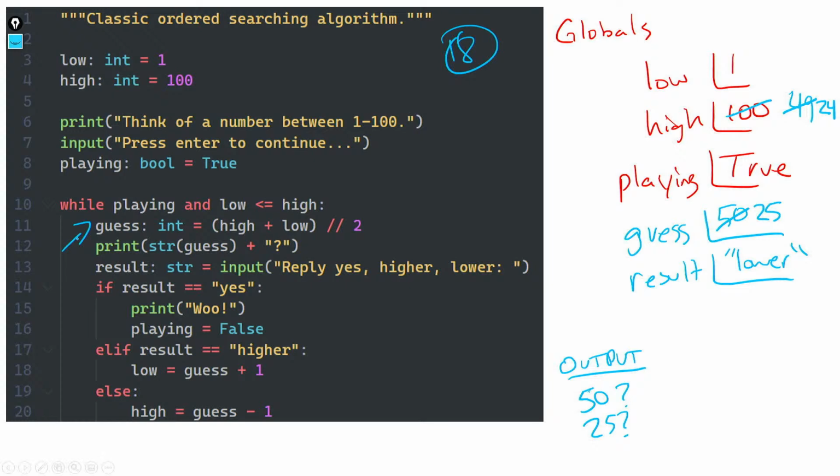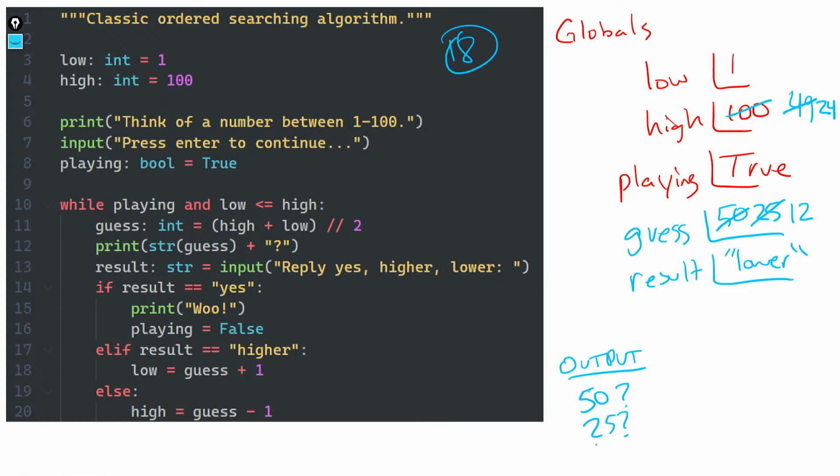So now we need to update our guess. We take high plus low, so high is now 24, low is 1, so 25 divided by 2 would be 12.5. But we know that 12 is going to be the integer division of that. You just get rid of everything after the decimal.